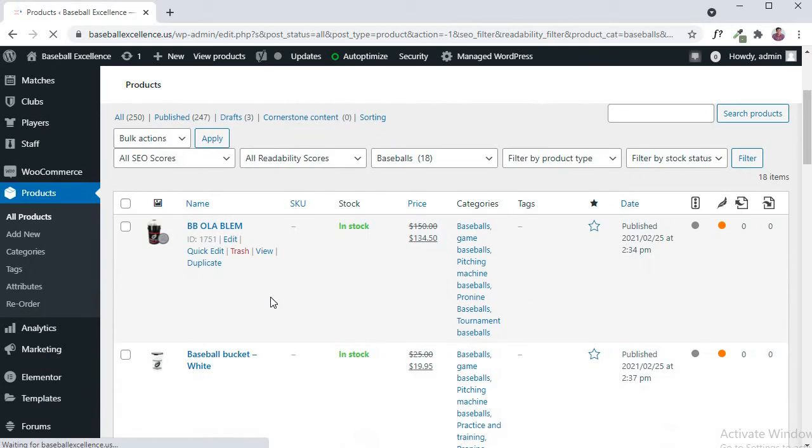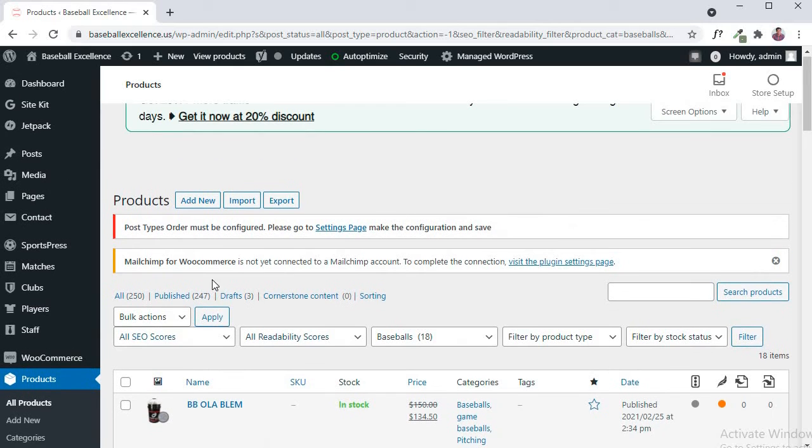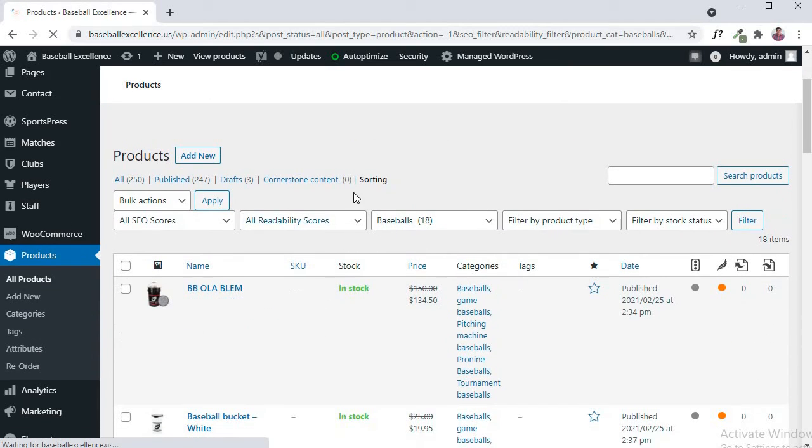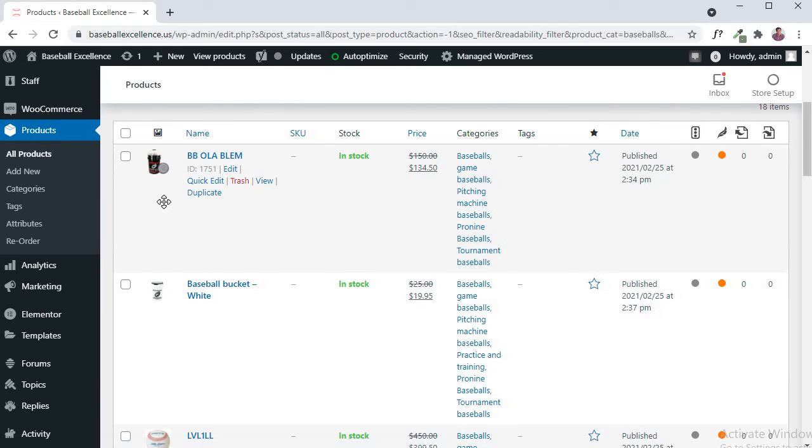And you see the list of baseballs in this category. Now you can see something like all, published, drafts, and sorting. Now you click on sorting. Once you click on sorting, you need to come down to the place where